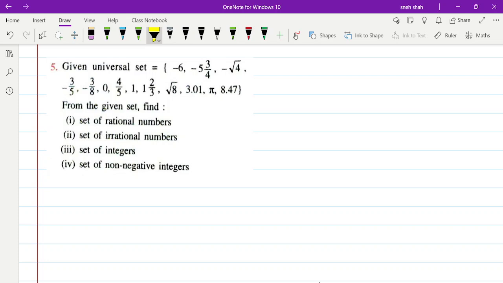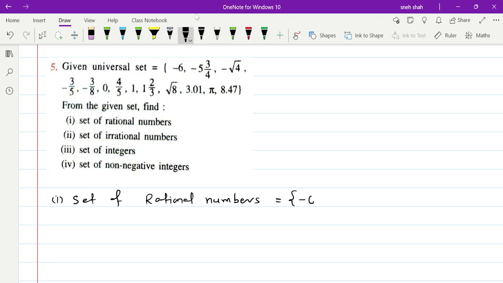Now, for the first sub question, we are classifying the set of rational numbers. When we say the set of rational numbers, it consists of all the fractions, natural numbers, whole numbers, integers, and terminating and recurring decimals. So, starting from the first number, which is -6, it is an integer, so it has to be a part